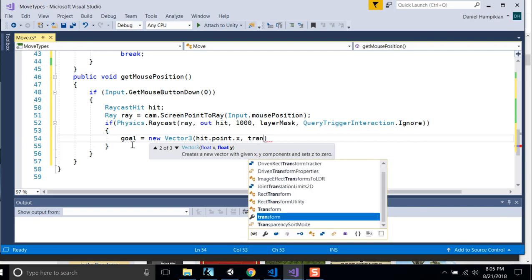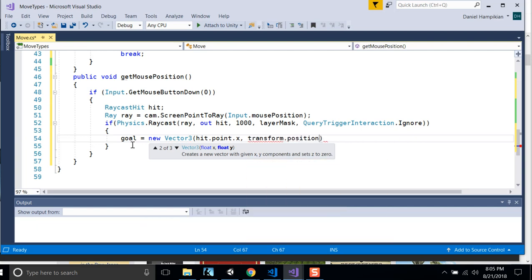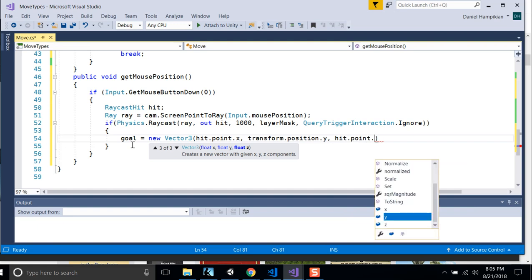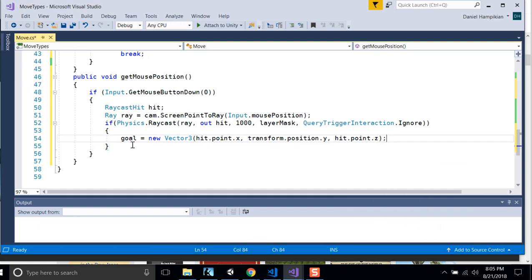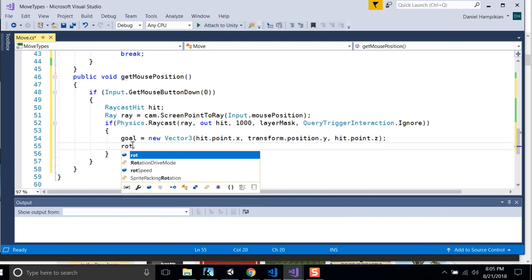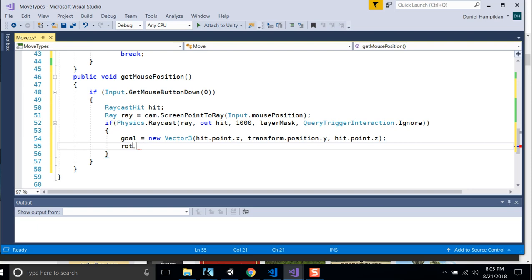We're going to use our transform position of the y value, because we don't want to be moving around the y-axis. We want that to remain the same, and then hit.point.z. Alright, so we'll store that in goal, and then for rotation, we can store the rotation using the Quaternion.LookRotation